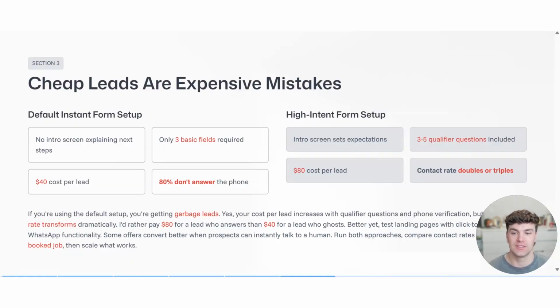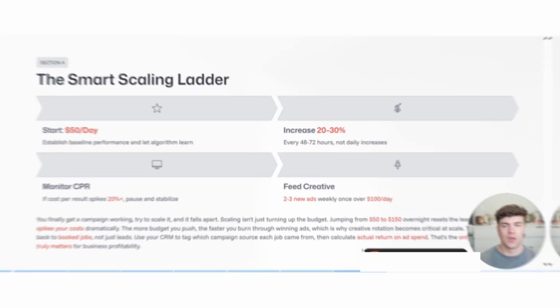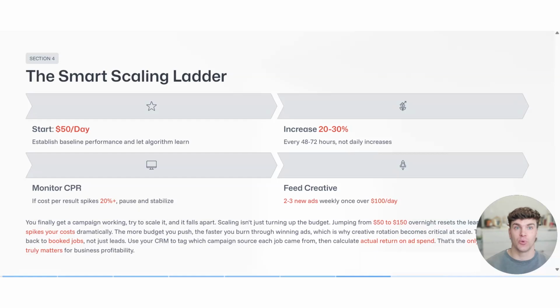One more thing. Tag every lead source with a UTM parameter and match them in your CRM. That's the only way to track real ROAS, your return on ad spend, to know which campaigns are actually booking you jobs. So now we've got you a campaign that's actually working, but when you try to scale it,